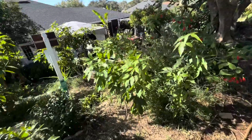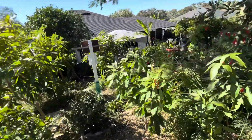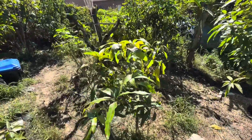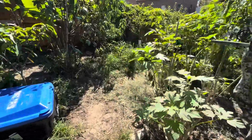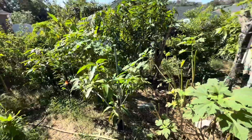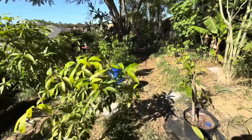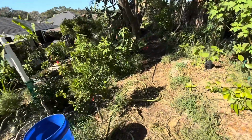What I'm doing, what I have started doing since last season, and what I'm gonna do again this season, is use hydration. Now, I don't know if you ever heard, but people always say, yeah, water your trees good before the cold comes. And you're probably saying, oh, that's counterintuitive. That doesn't sound right. But yeah,